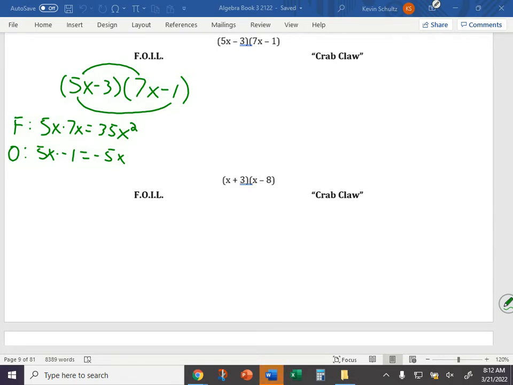Now that we're done with the 5x, we go to the negative 3. Inside terms, negative 3 and 7x give us negative 21x. I see I've got two x terms that I can combine, my outside and inside. That's a good thing. And then our last terms, negative 3 and negative 1,